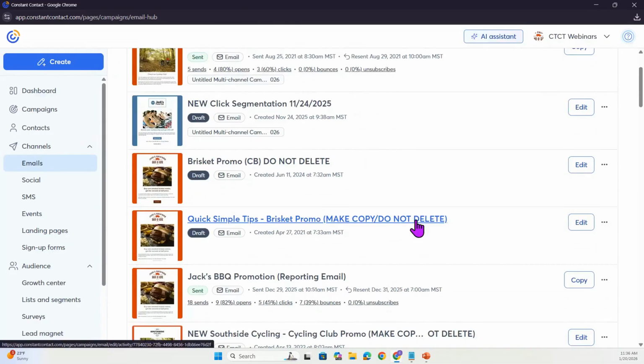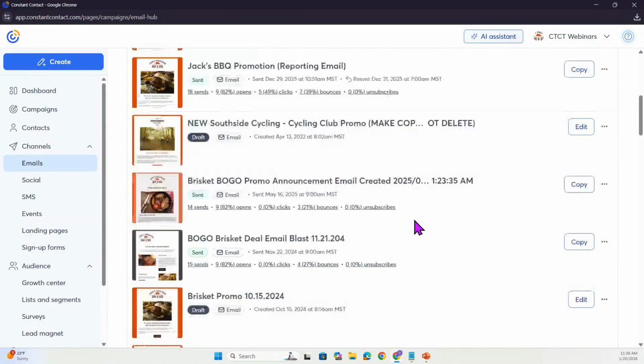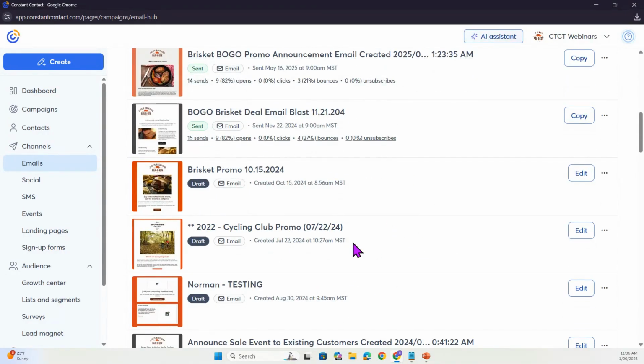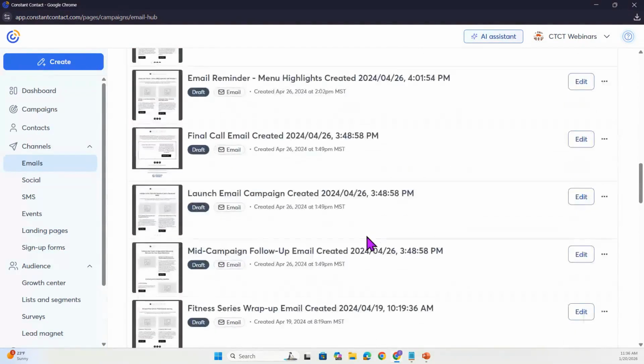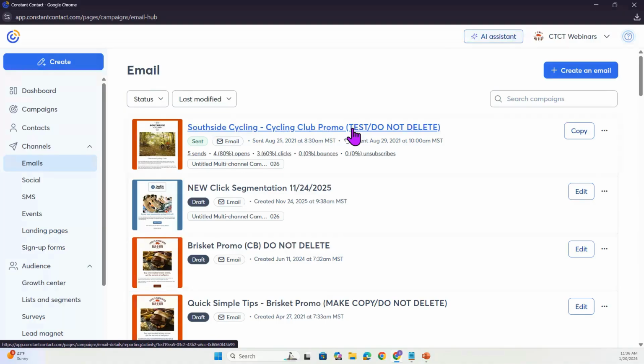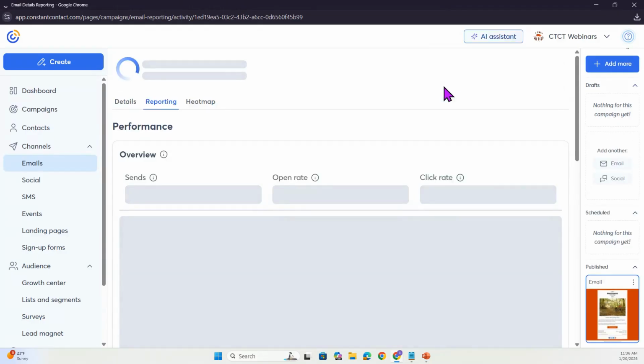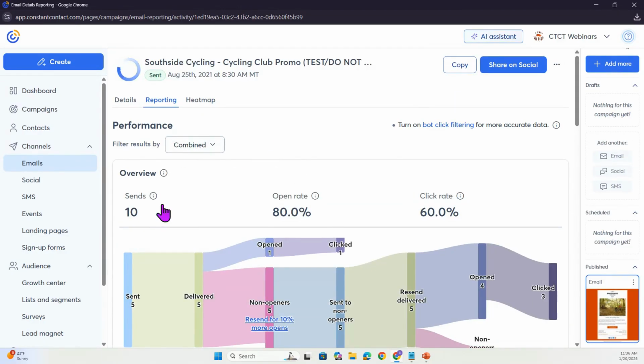And let's see. And this one is Jack's Fitness promo. Yep, it's right here. Let's see. We'll just use this one. Okay, so now on here, what we're going to do is I'm going to click on the name of it. Clicking on the name brings up the reporting statistic page with all this information. So then what we're going to click on here is share on social. So once I click on that,